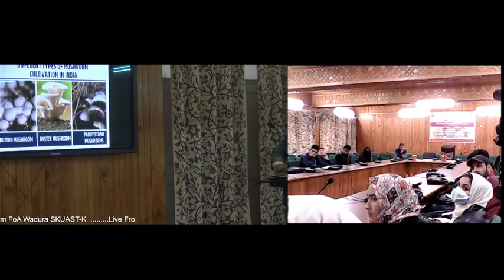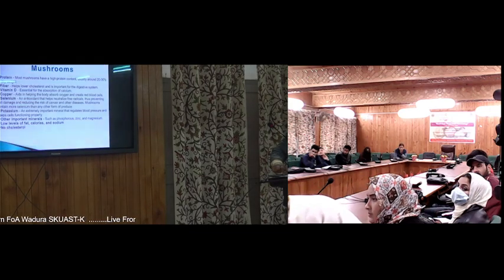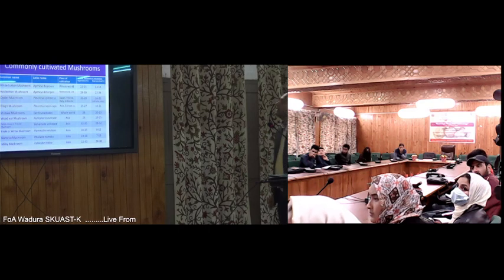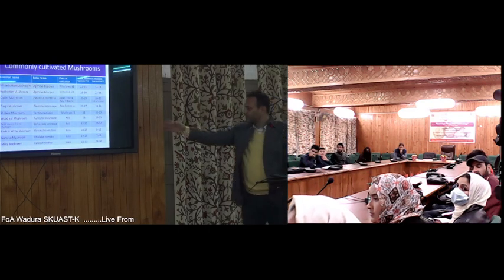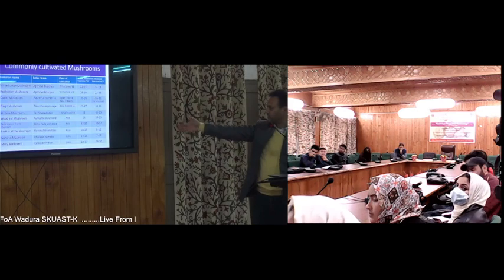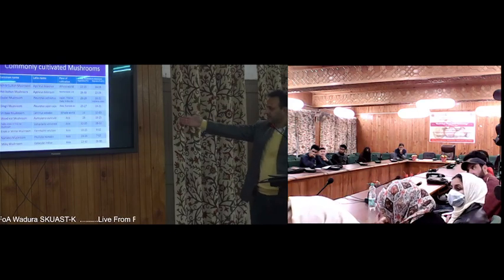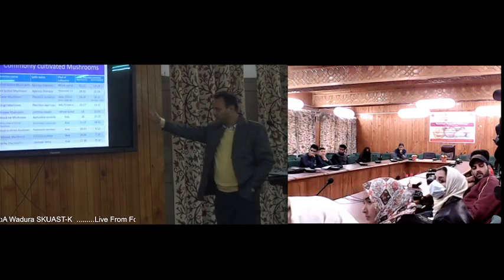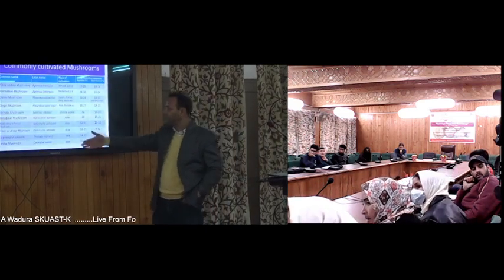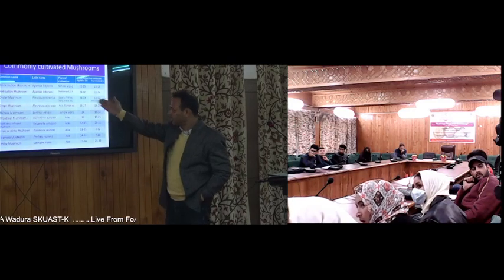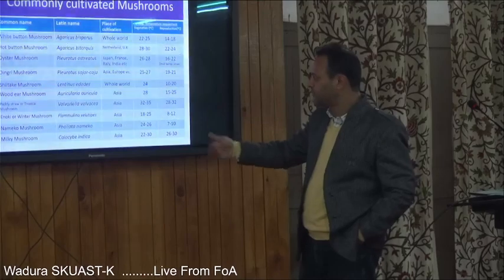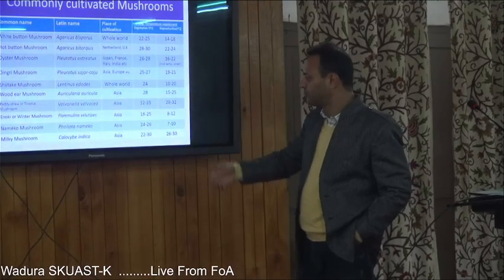इसमें मैंने बेसिकली टाइमिंग फिक्स करके रखा है, तो उसी हिसाब से ये खुद ही चल रहा है। यहाँ मैं पहुंचा था, कॉमनली कल्टिवेटेड मशरूम्स ये हैं, तो इनका ये टेम्परेचर दिया गया है, बाकी सब इन पे डिफरेंट एक्सपर्ट्स बोलने वाले हैं। यहाँ मैंने आपको टेम्परेचर और कौन कौन से कल्टिवेटेड हैं वो दिए हैं: व्हाइट बटन, ऑयस्टर मशरूम, डिंगरी मशरूम, शीटाके मशरूम, वुडियर मशरूम, पैडी स्ट्रॉ मशरूम, विंटर मशरूम, नोमिका मशरूम, मिल्की मशरूम।